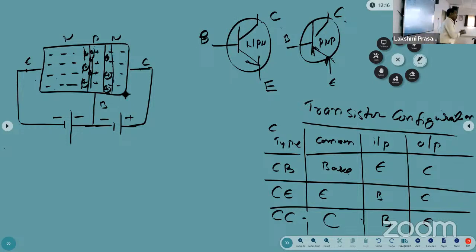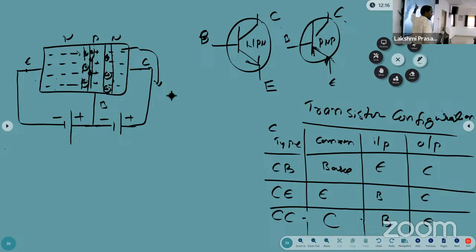Okay. Now without applying the supply, I am connecting the power supply. Then what will happen here? The negative terminal of the battery is connected to the n-type semiconductor. Negative and negative will repel. The electrons can move like this, and these electrons are attracted by the positive terminal of the battery. And this is the reverse bias and this one is the